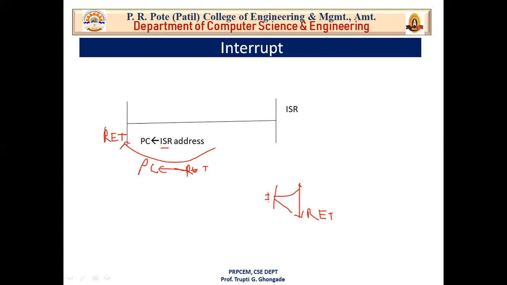Whenever the interrupt occurs, the ISR address is the same. The address for the interrupt service routine is the same for each and every occurrence of that interrupt. For example, you get a call while you are playing a game, or watching a video, or doing anything on WhatsApp. It does not matter. The ISR for the call, the handler for the call, is constant.